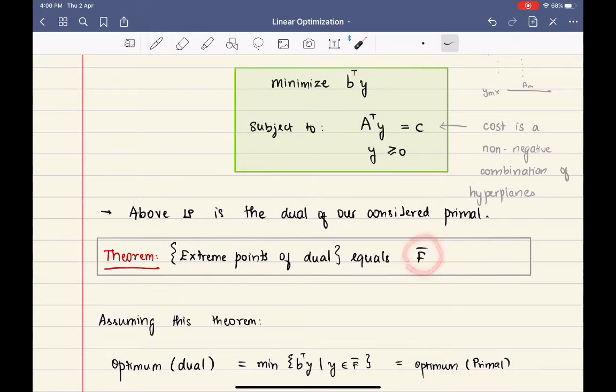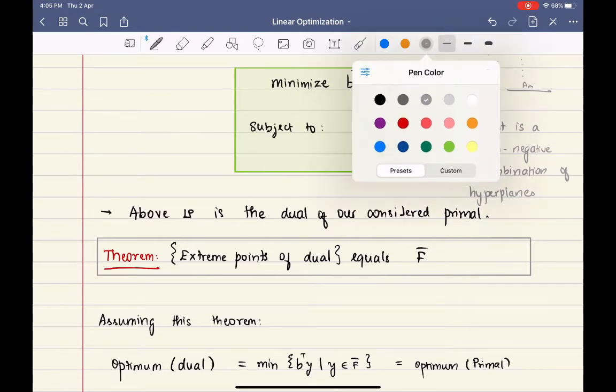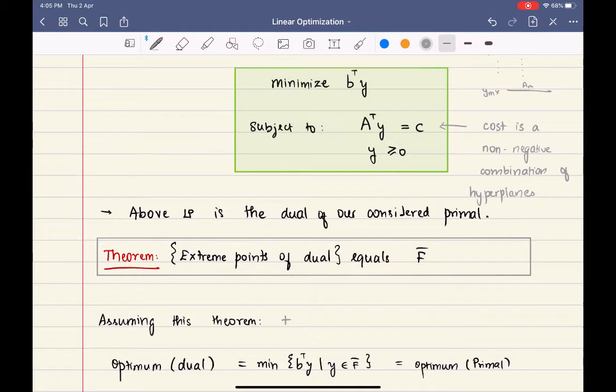Okay, and the min over all extreme points is this thing, and this equals optimum of the primal. Note that f bar is non-empty because we have started with a primal which had an optimum, and that optimum was in f, and the corresponding combination was in f bar. Okay, so this set is non-empty and this set is non-empty, and moreover we should be able to show that C transpose X naught is less than or equal to B transpose Y for all Y feasible